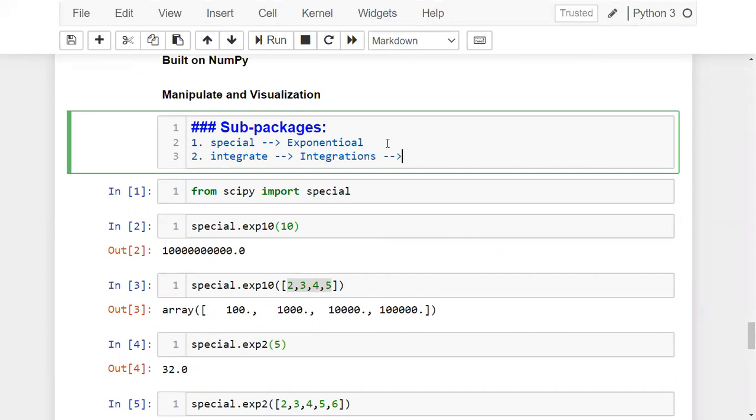In this you can find integrations for single and double variables. Not only single and double, you can find integrations for multiple variables also. Now in this session we'll be discussing how to perform integration on single and double variables.